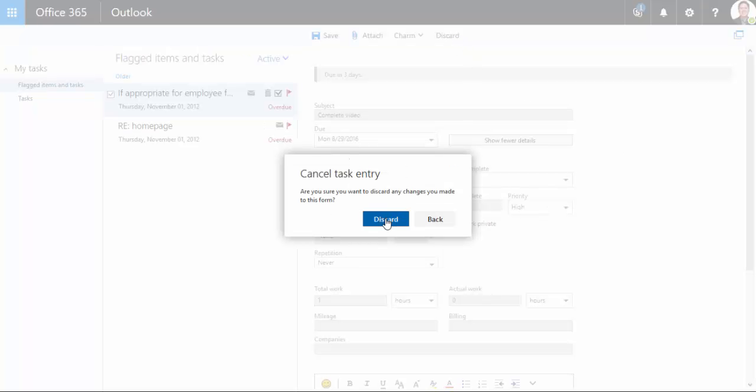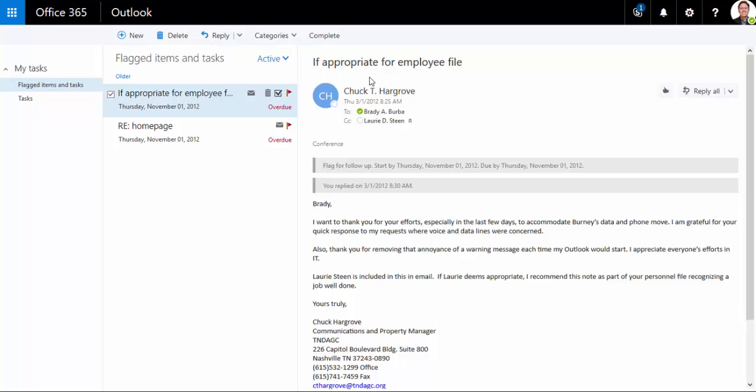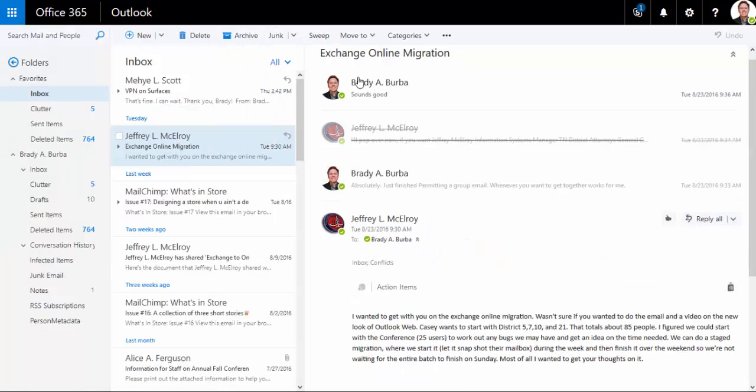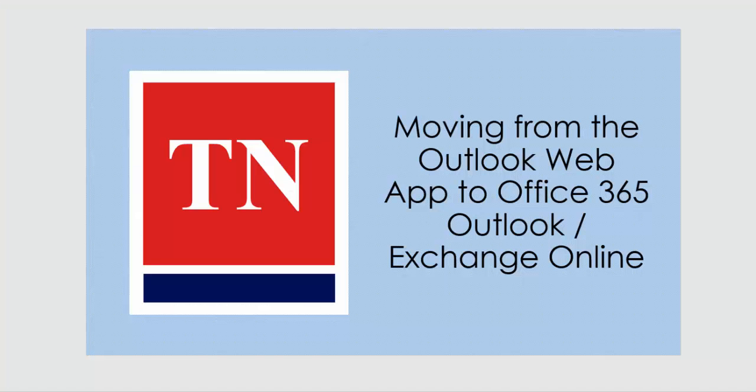And I'm going to discard this item, and we'll go back to mail. And this pretty much concludes the video for moving your current Outlook Web App to the Office 365 Outlook and Exchange Online application. Hope the video gave you some demonstration of how to utilize it a little, as well as see some of the new improvements and the benefits that might be able to help